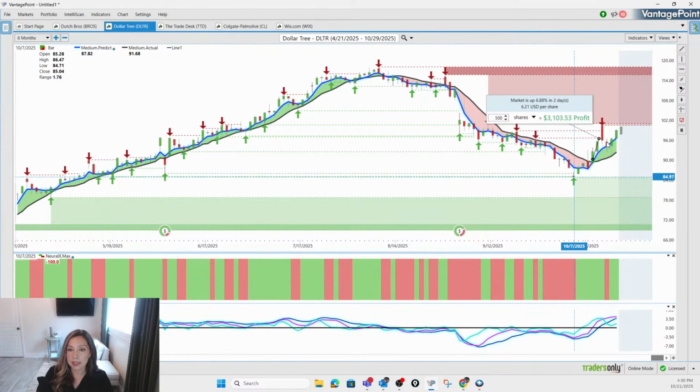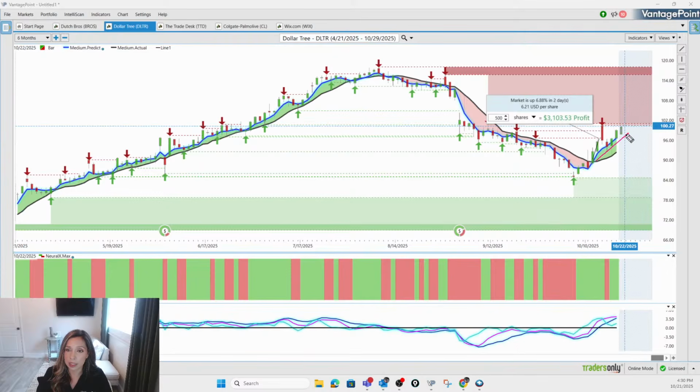Now, in this case, right, we actually blew through that resistance on the first day, right? So at this point, we come up to touch another resistance, but we have a big down day. You may choose to exit out completely or wait until we resume the trend, because guess what? Our trend is still green here, guys, right? So yes, we had a bit of a pullback. There were a lot of markets that pulled back that day, but our